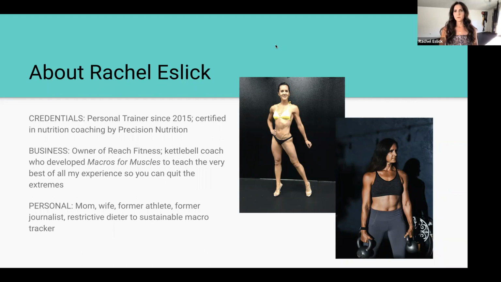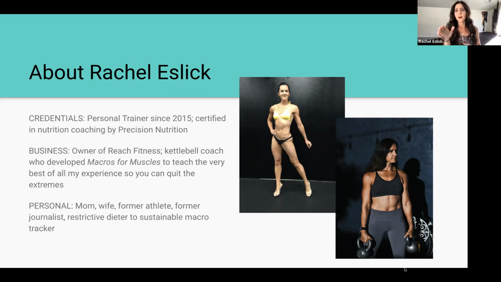And I like to use macros because I feel like the advice of just eat more vegetables, or maybe just eat less overall, is kind of ambiguous and it's really hard to get specific about. So I like to use macros for myself and with my clients to really understand what your body needs, how much you should be eating, moderation with all the things, and really be able to track where you are, where you want to be, and how to get from point A to point B. It doesn't have to be forever, but at least for some amount of time while you're learning about your body and what it needs and what you thrive eating.